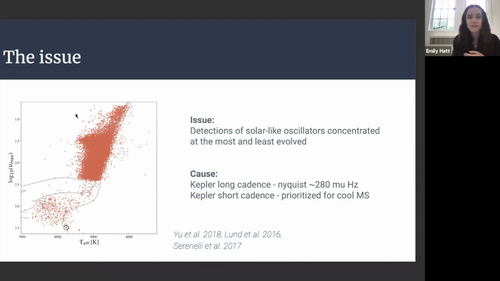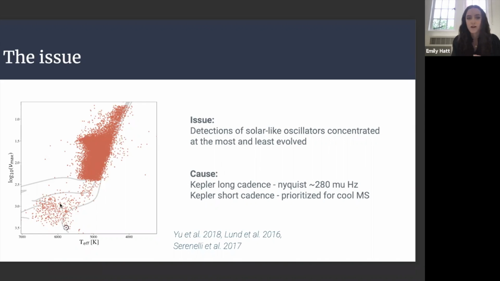We've got this massive density on the red giant branch, and then there's that sharp cutoff, which is induced by the long cadence Nyquist frequency. And then the density of detections really drops, and it only really starts to turn up again once you reach the main sequence. So to put this into context in terms of numbers,